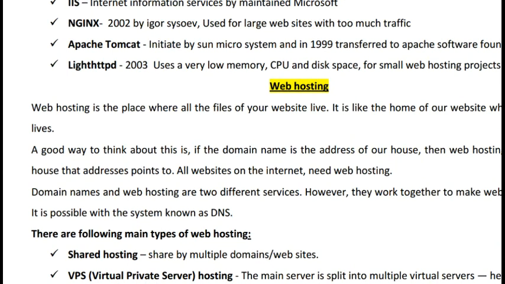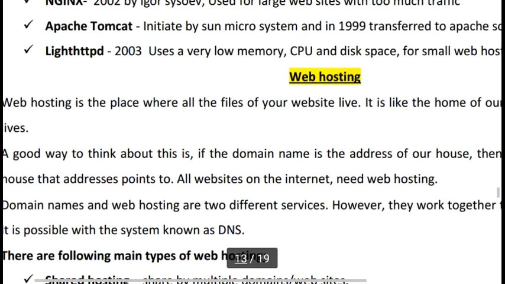Then on the web server this website is available all over the world for users. This is called web hosting.